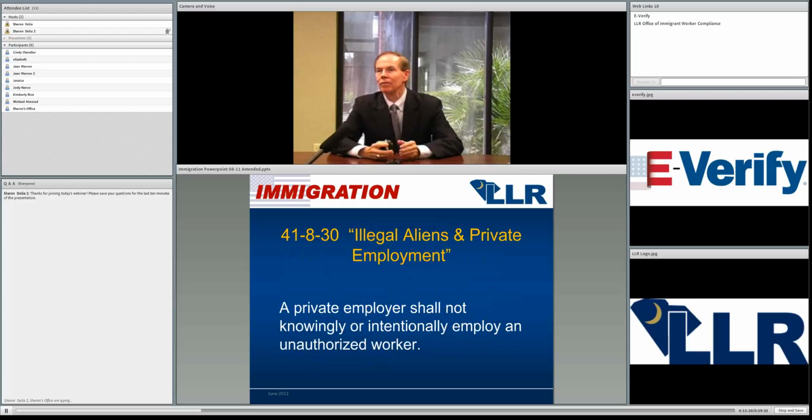Now, what about those folks on the payroll hired prior to January 1, 2012? Under federal law and under state law, nobody is grandfathered in. Federal law and the state law say that a private employer shall not knowingly or intentionally employ an unauthorized worker regardless of their date of hire. Under the South Carolina law, if you ever have knowledge that an employee is no longer legally authorized to work in this